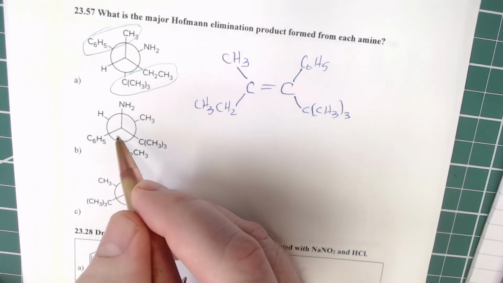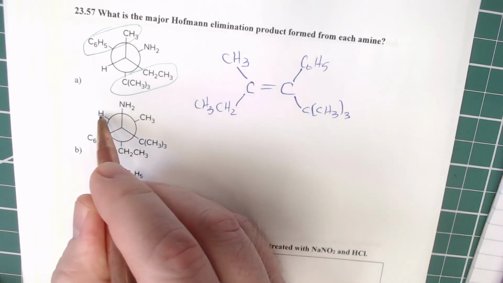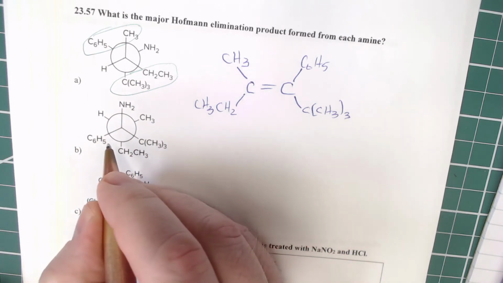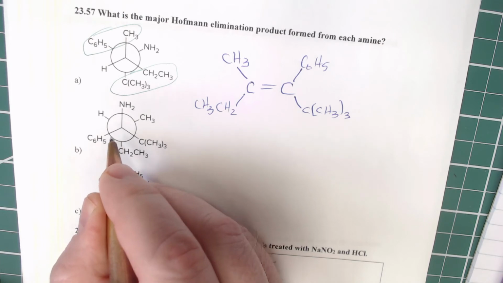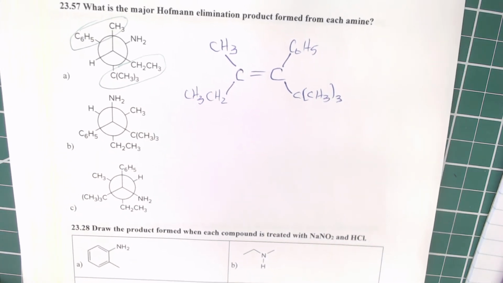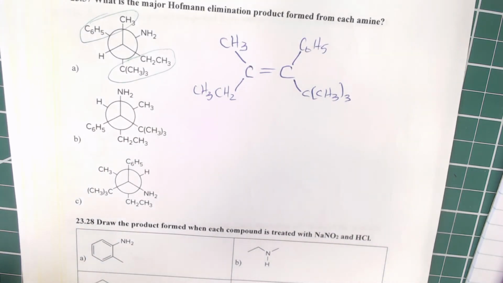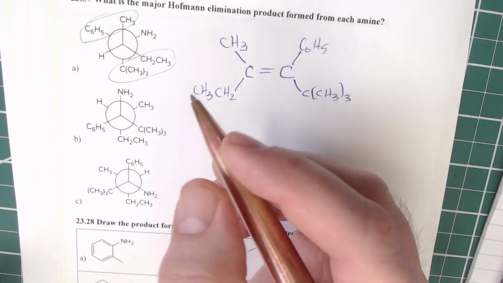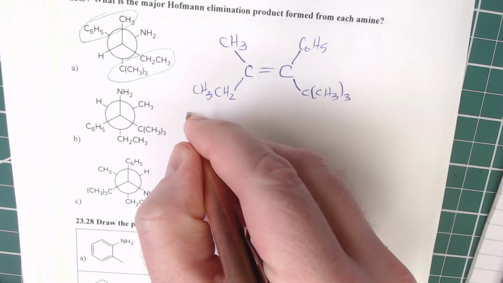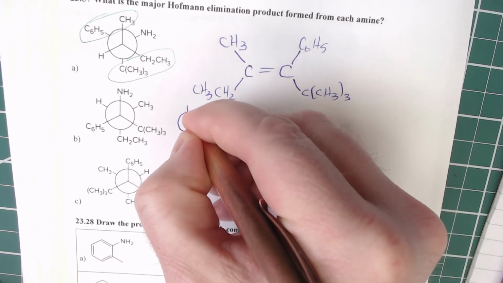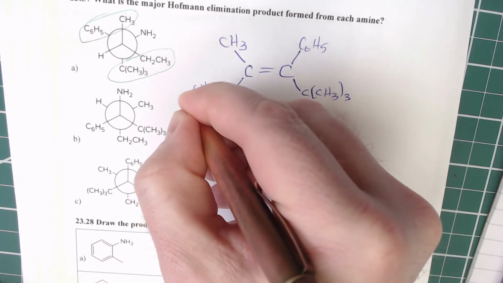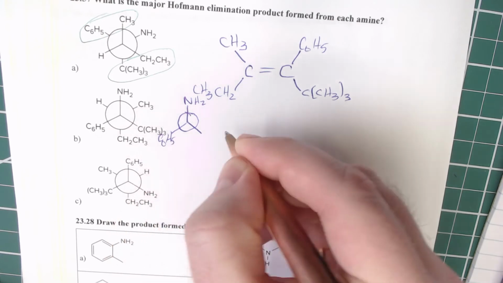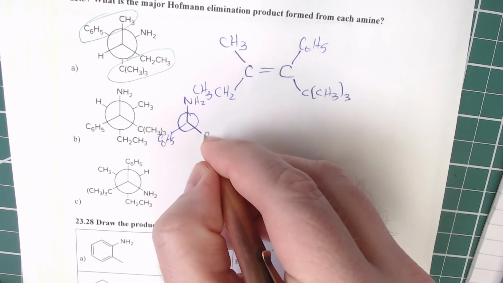Now for this next one, we want to get this NH2 and this hydrogen anti-periplanar to each other. And so it's best if we redraw this Newman projection to get them anti-periplanar to each other. It doesn't particularly matter whether we rotate this front one or the back one. I'm going to rotate the back one. So I'm going to draw our circle here, and then I'm going to leave the front in exactly the same configuration. So NH2, C6H5,